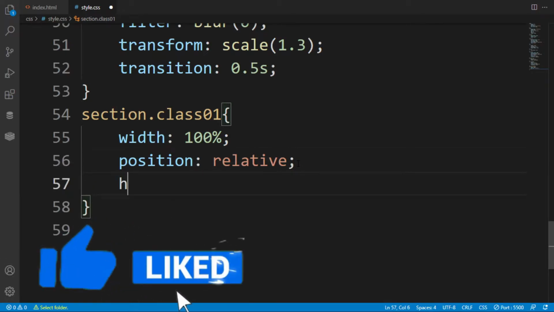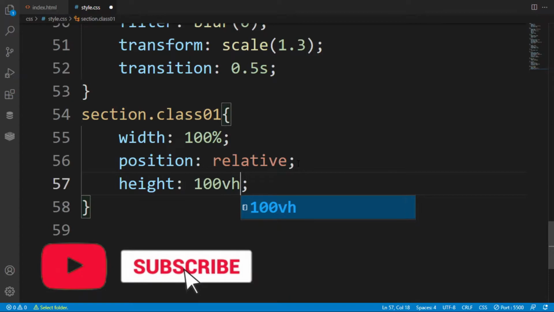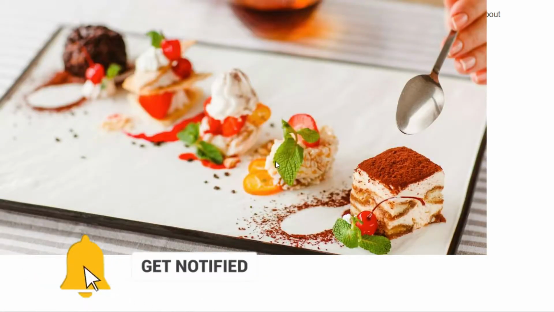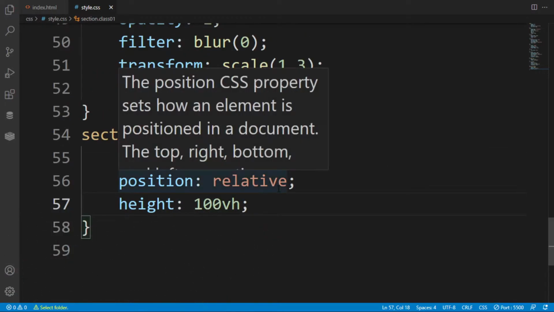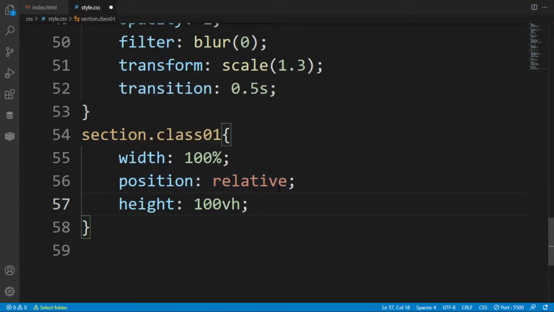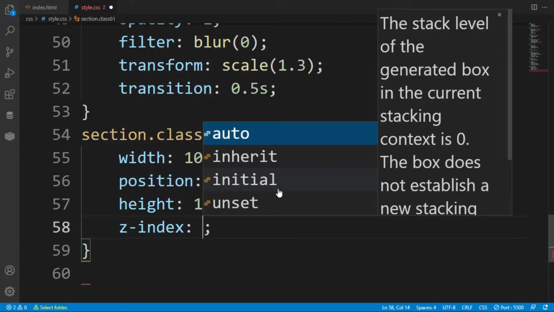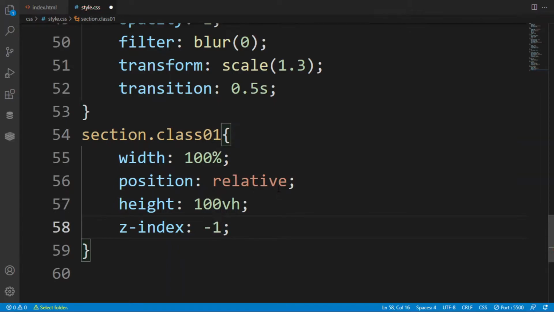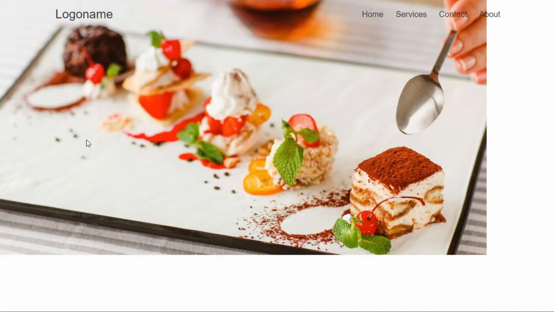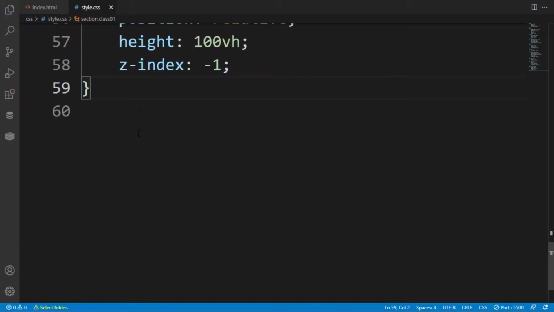Here after the width you have to put the height 100vh, meaning 100 viewport height. So as you can see, there has been no effect, and because of this position relative, our image has frozen the navigation bar. So put the z-index -1 so that the navigation bar will be at the upper side.